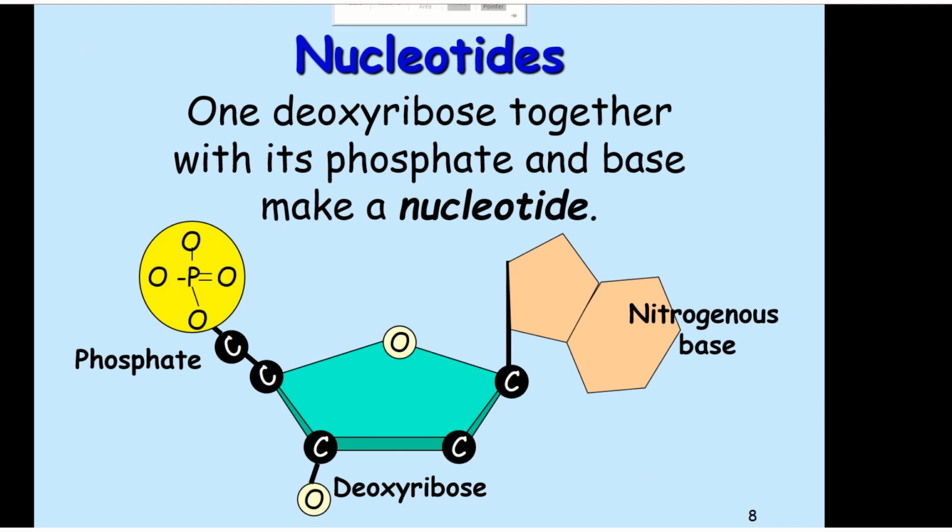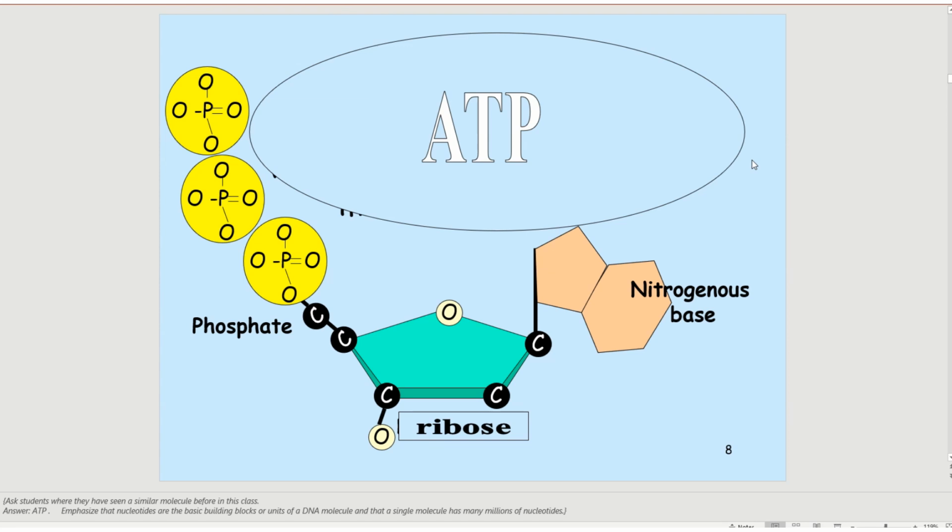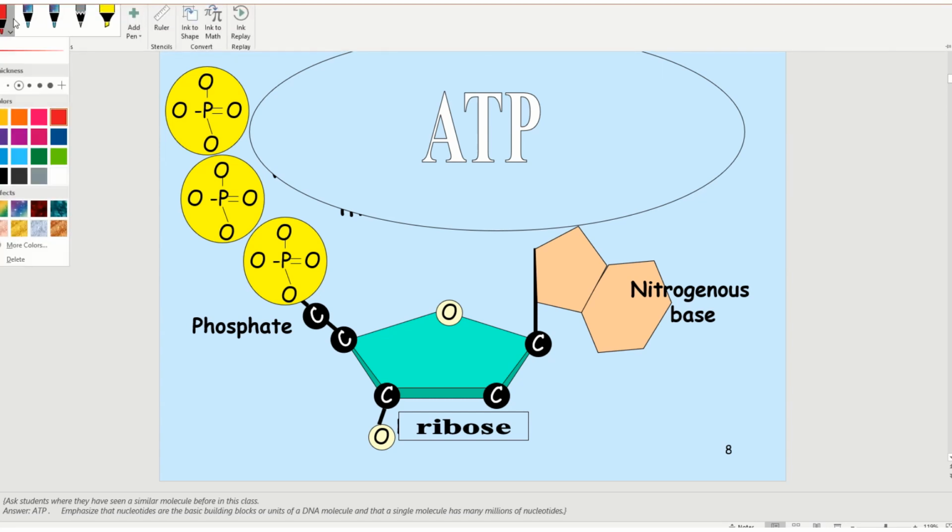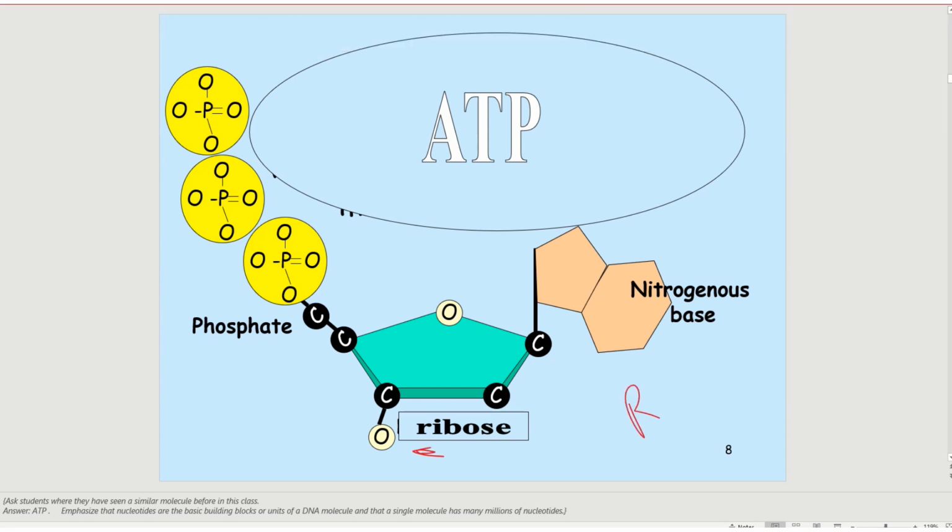So let's see if we can see it now. Okay, so if we take off the deoxy, it's just ribose, and this is RNA. Please make sure you realize that deoxy is DNA, but if it's just ribose, it's RNA. So the only thing that changes is this right here, and it will have an oxygen right there, okay, in